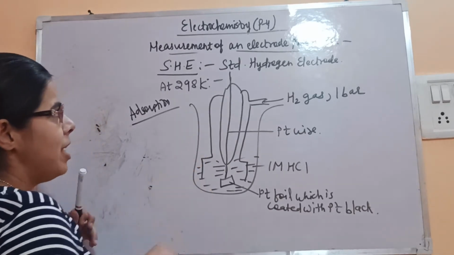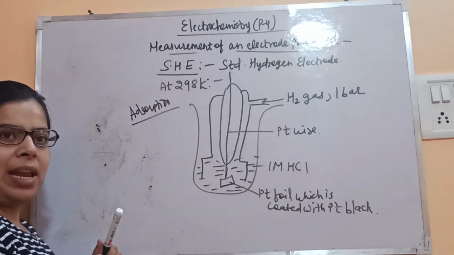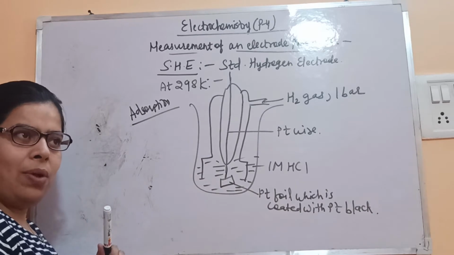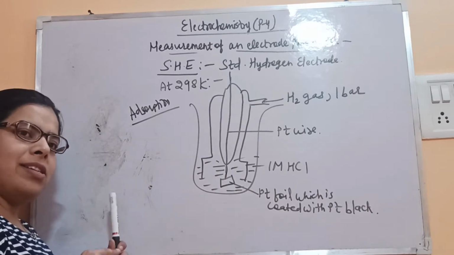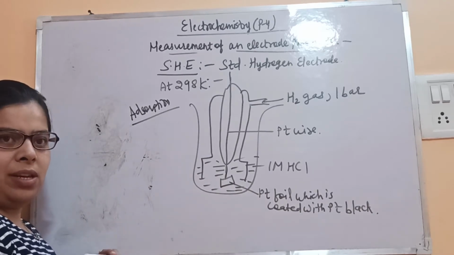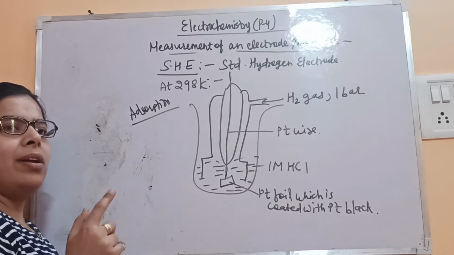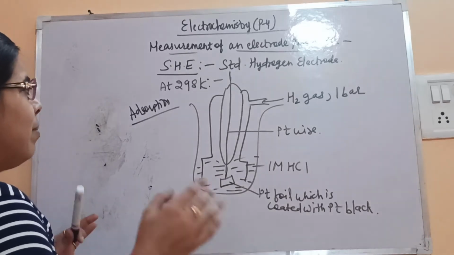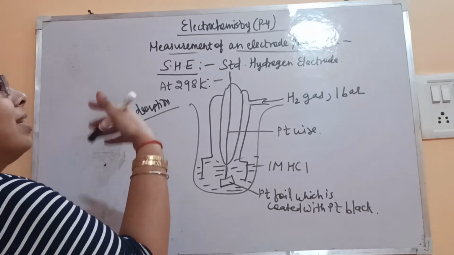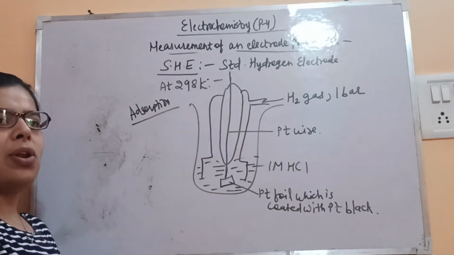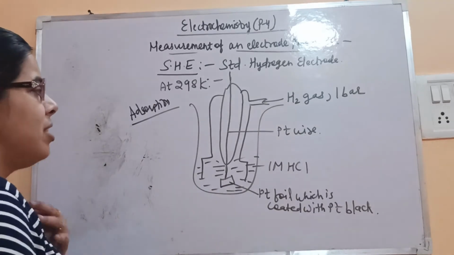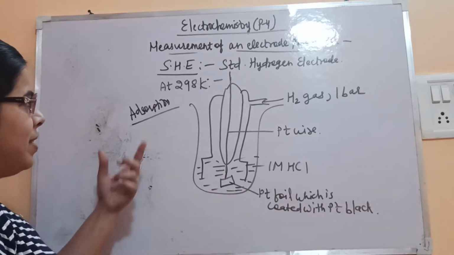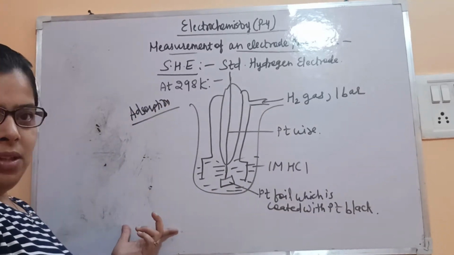Now as we said, hydrogen is a reference electrode, its electrode potential is 0, and it acts as both an oxidation electrode potential and a reduction electrode potential. So let's see both the cases. Suppose it is acting as a reduction electrode or an oxidation electrode, then what are the reactions which take place? Okay, once again I am telling you the arrangement.